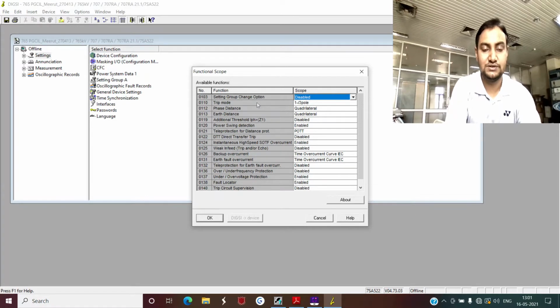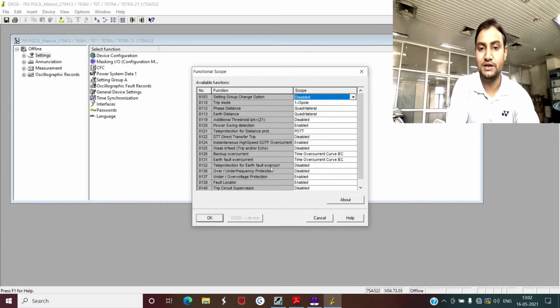The meaning of this setting is that in any numerical IED you will generally have more than one setting group available. That is, you can have setting group 1, 2, 3, 4, 5, 6, and you can select any number of setting groups, and depending upon the network configuration and your actual power system conditions, you can select that in a particular situation setting group 1 will be active, and in another situation setting group 2 will be active.